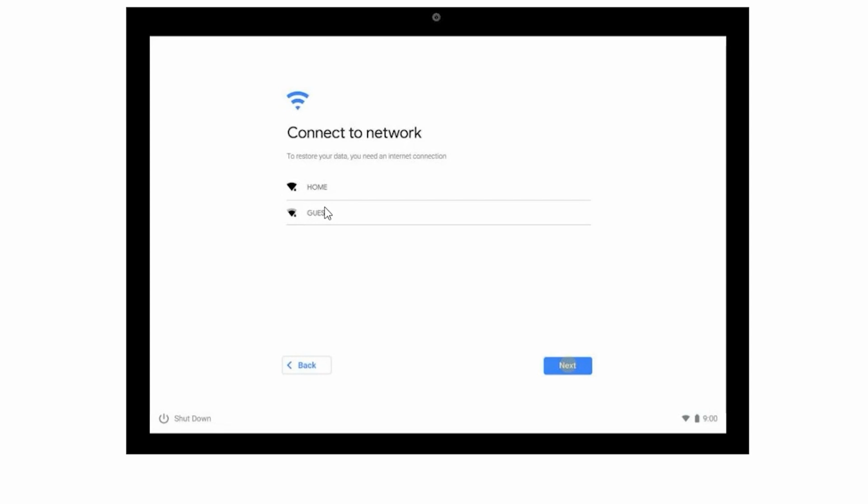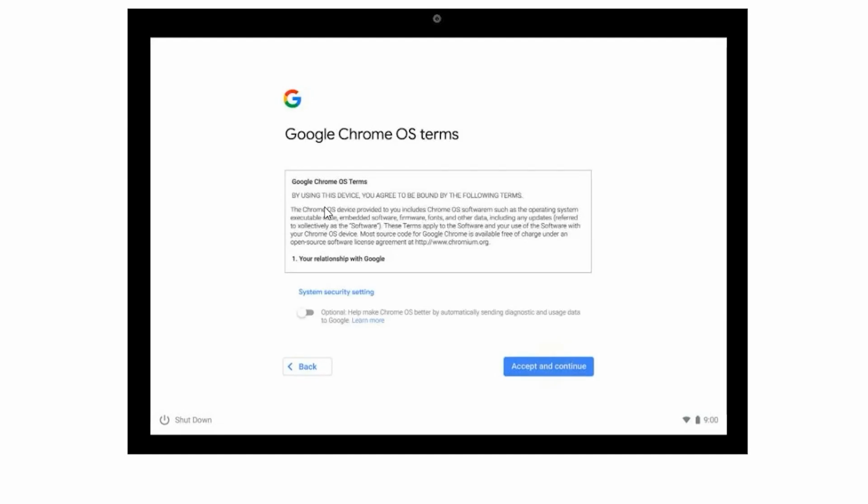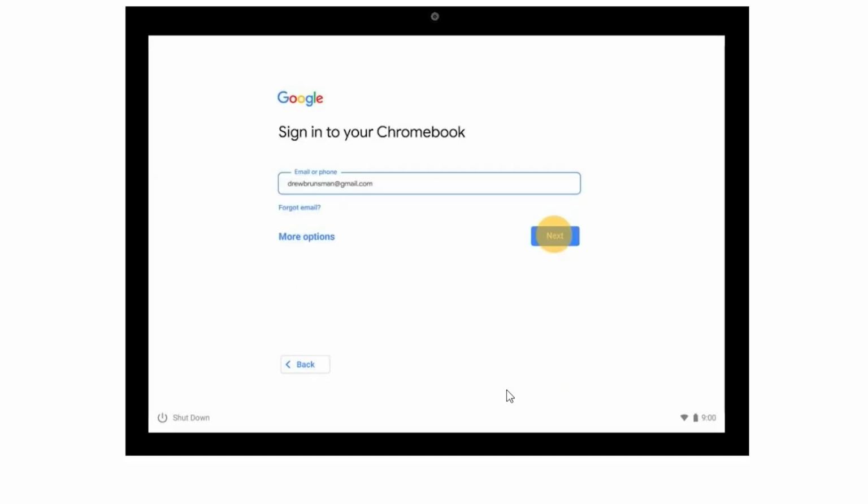After you do that, it'll give you a screen that looks like this. This is basically telling you all the terms of Google and everything that it entails. You would go ahead and click on accept and continue. Once you accept and continue, it's going to ask you to sign into your Chromebook, which is your student, your child,